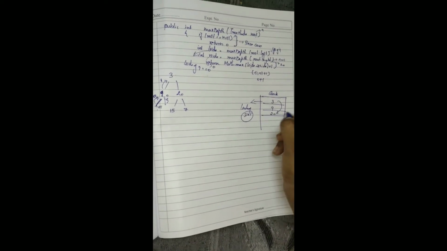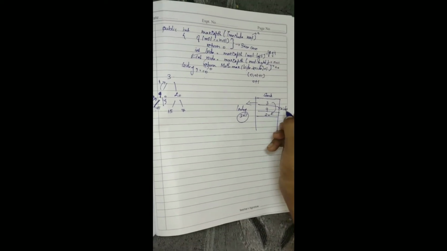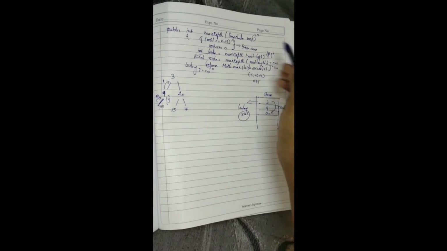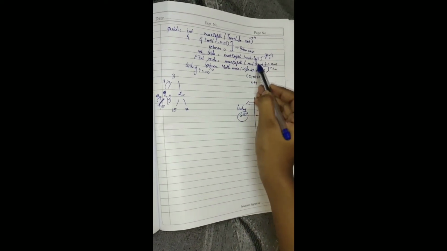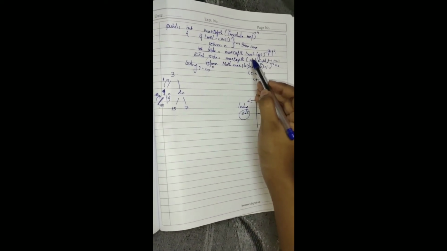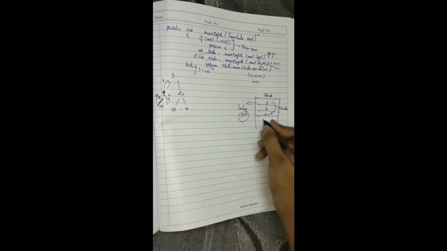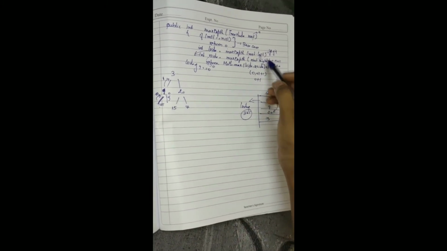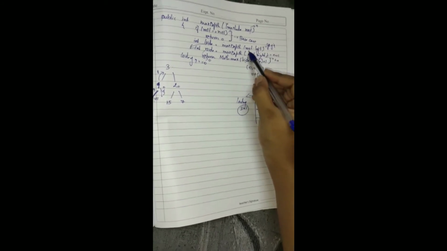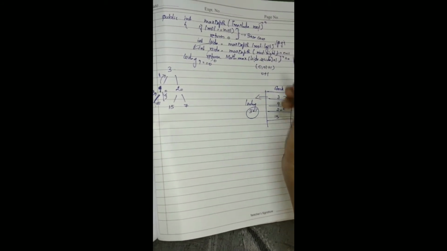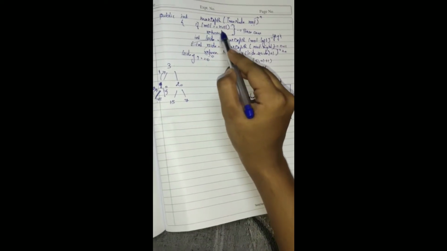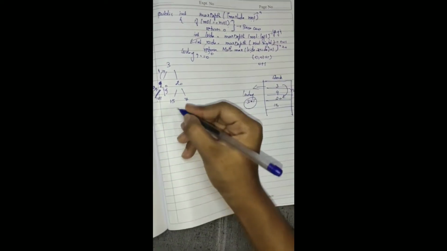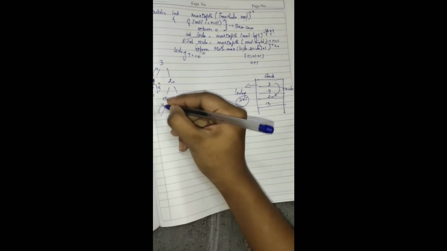Now right side of 3 will pass the value 20. Now 20 becomes root, and root is equal to null, no, the condition fails. Now root dot left, what is the root now? 20 is the root, so 20 goes to left, which is 15. Again root goes to left, now 15 becomes the root, and 15 goes to left, which is null. Null is equal to null, so it returns the value 0. So left side of 15 will return the value 0.